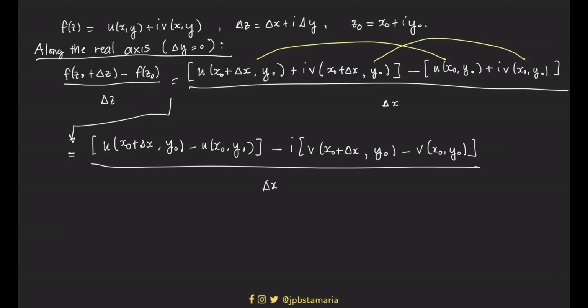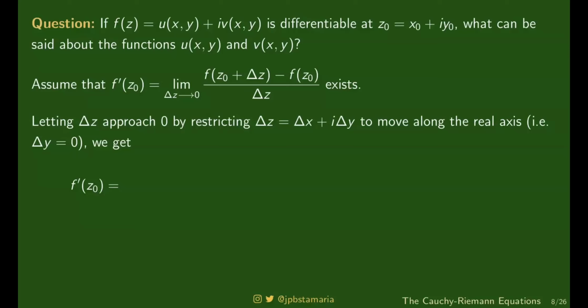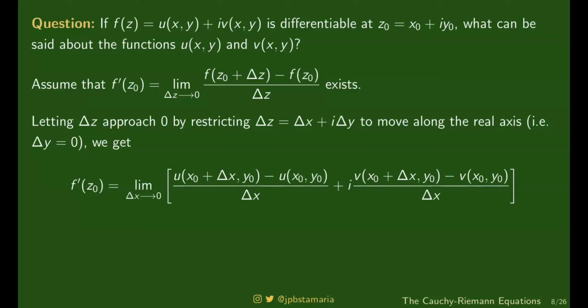And then, meron kang dalawang terms dito. I-divide ko pareha sa delta x. Tapos, kapag yung delta z nag-a-approach sa 0, yung delta x ay nag-a-approach sa 0. Si delta y ay 0, naka-fix. Diba? Kapag ito kasi nagsi-0, fix naman to sa 0. So, si delta x ay nag-a-approach sa 0. Kaya itong expression na to, maging ganito. Kaya ito, limit yan. Diba? Maging ganyan na lang siya. Ito yung unang term. Ito yung pangalawang term. Do you get that? Nasundan nyo ba?